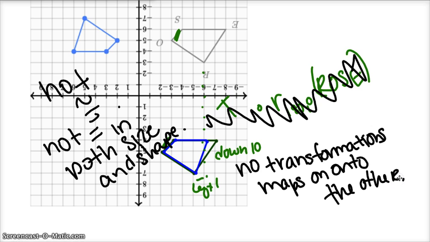So that's all I have for you. Only 2 examples. I figured we just got done doing things with transformations. So congruent transformations has just actually taken away your dilations. So there's only 3 now to work with instead of the 4. But in summary, if you can take a shape and slide it, or flip it, or rotate it, or any combination of those 3, onto another shape, then those shapes are congruent in both size